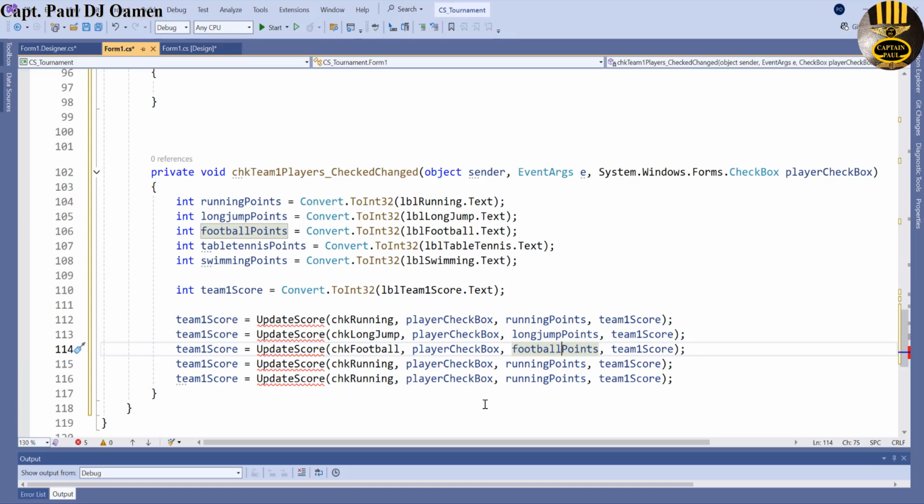That's for the football. Okay, so I guess you get the whole idea. I'm just going to speed that up for the others. Okay, that is done. But we now need to add this very variable here,